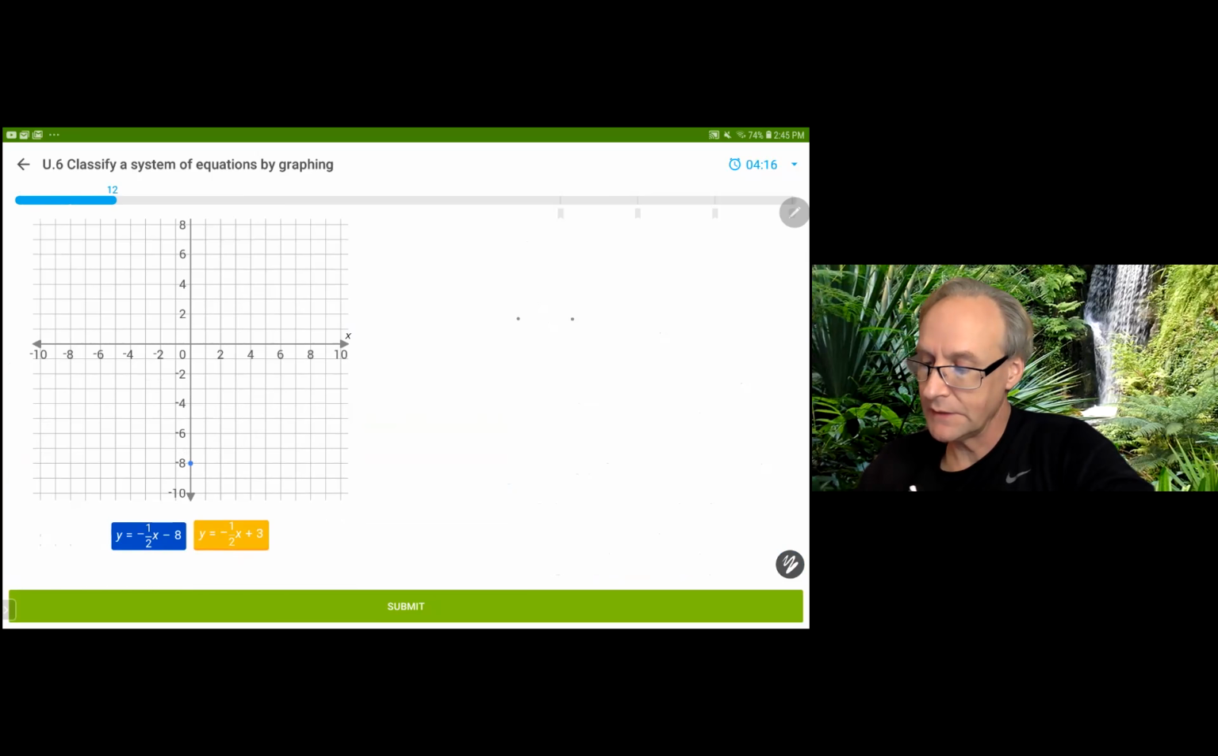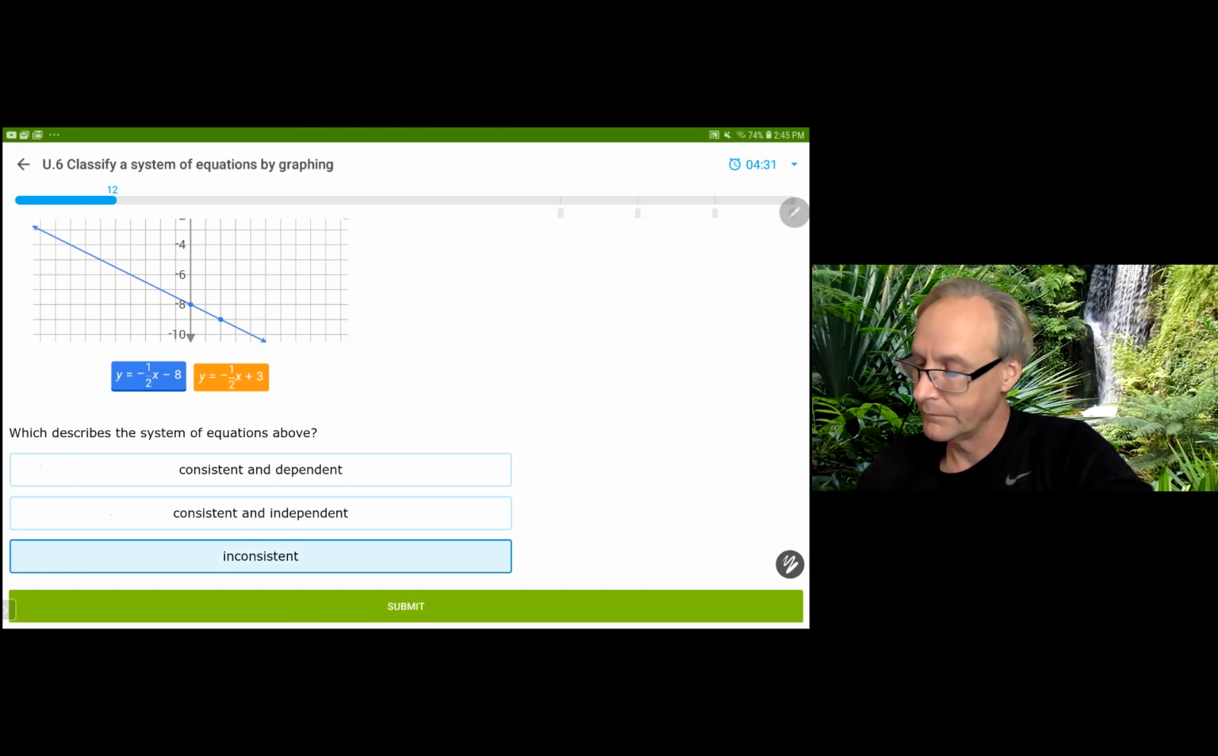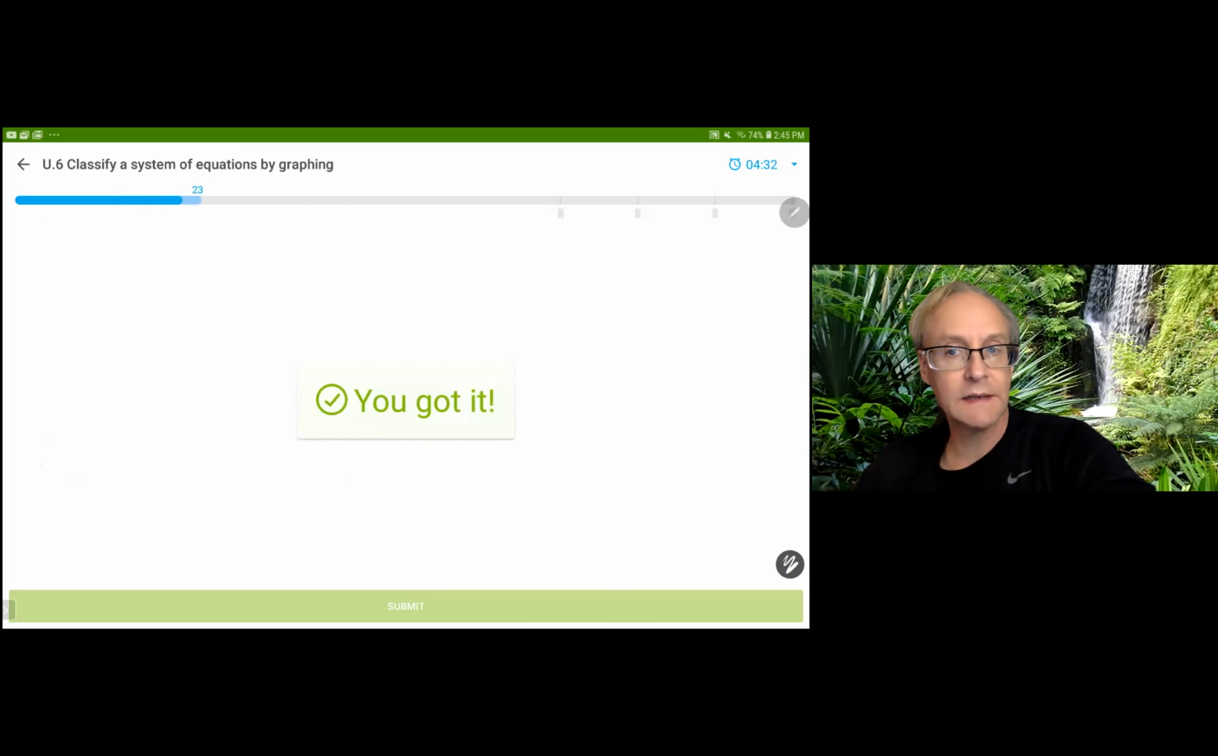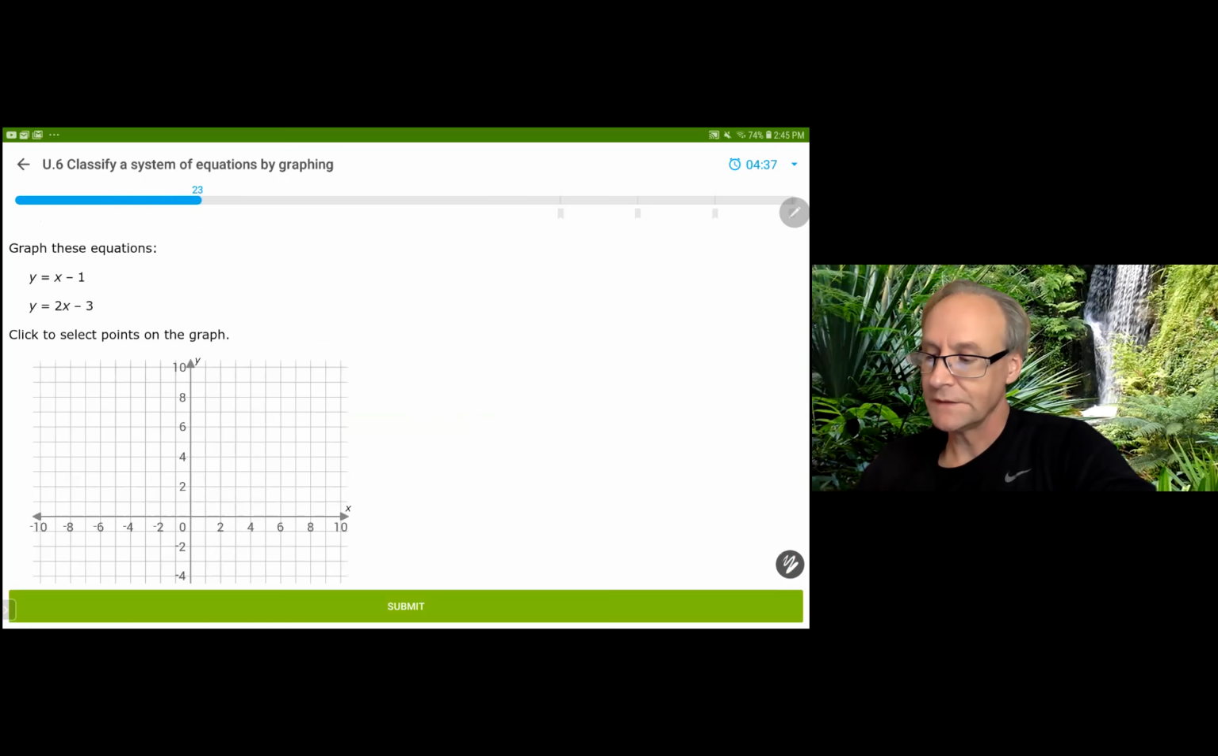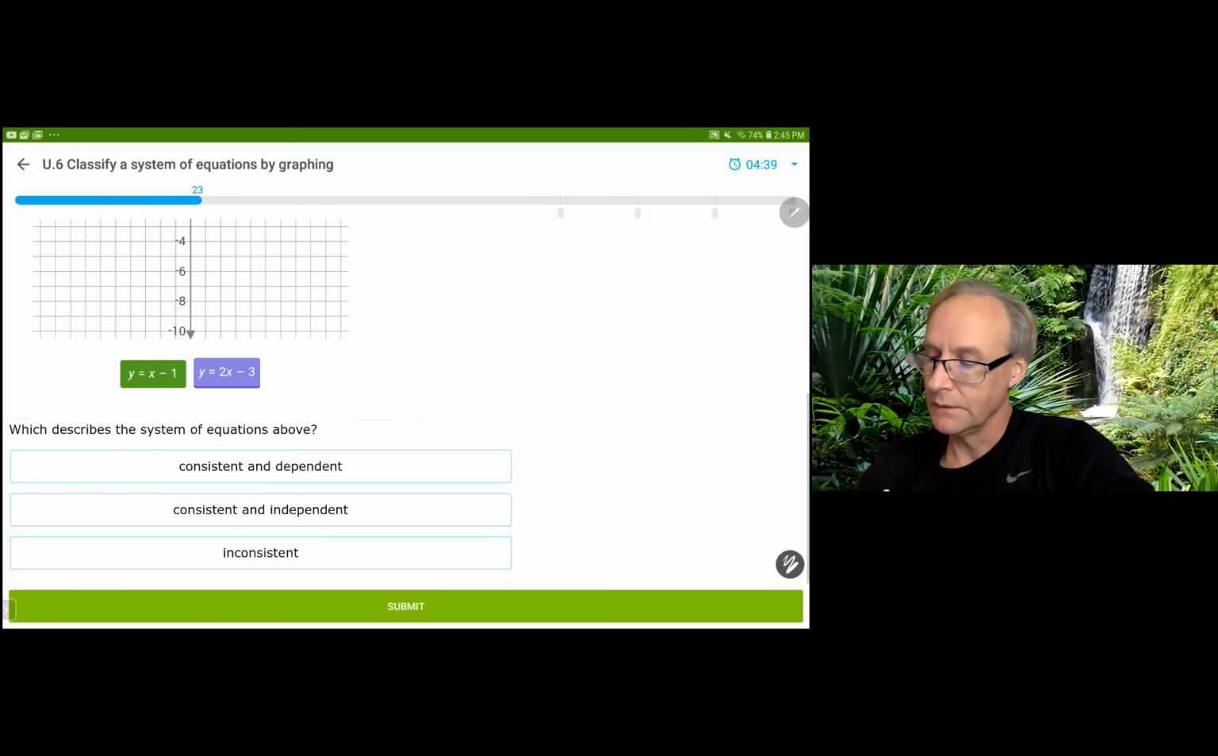It's going to go through 0, -8, has a slope of -1/2. This one, the orange, is going to go through 0, 3. It's going to have a slope of -1/2. And it's a little harder to see, but they are parallel and they are inconsistent. Remember, parallel lines have no solution. Okay, so this one, we'll go ahead and look at the